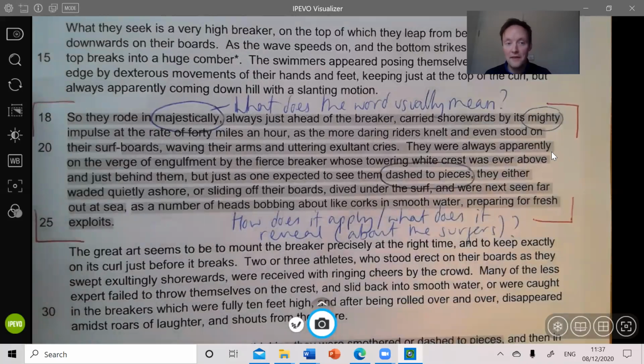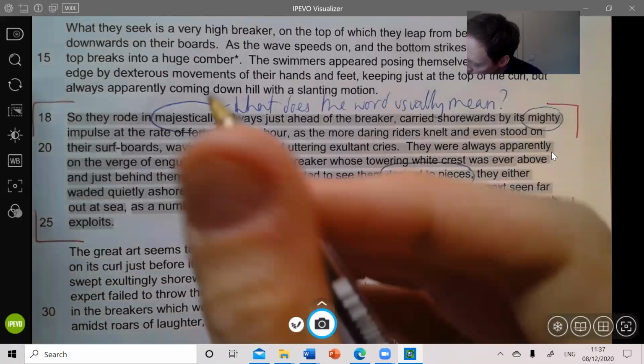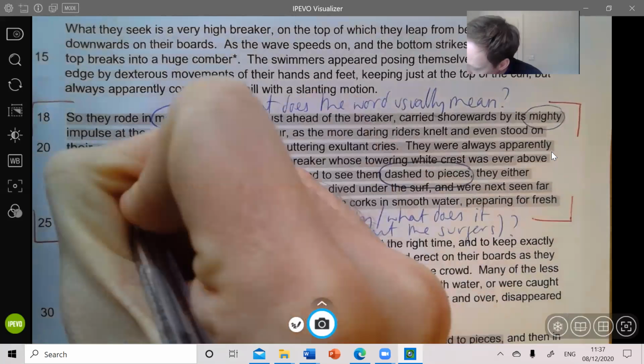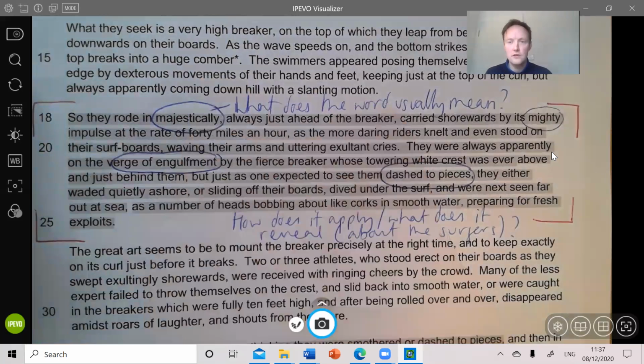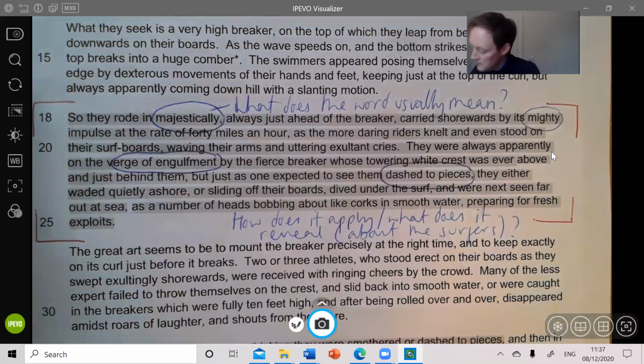We are told that they were always apparently on the verge of engulfment. We are told that just as she expects to see them bashed up and obliterated, dashed to pieces, then suddenly they slide off their boards, dive under the surf, and the next scene, far out at sea,